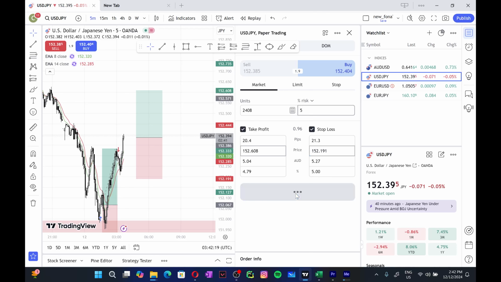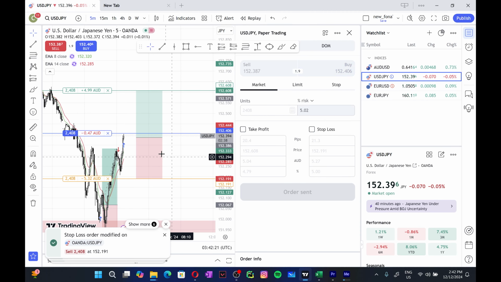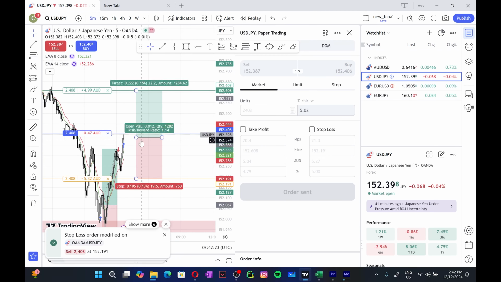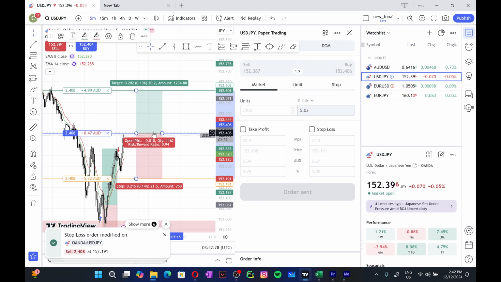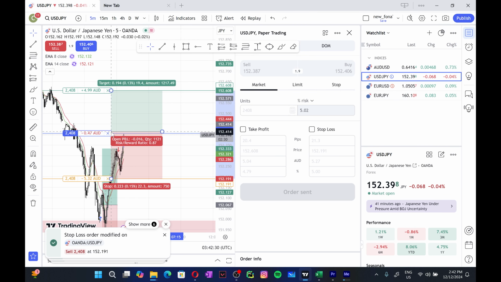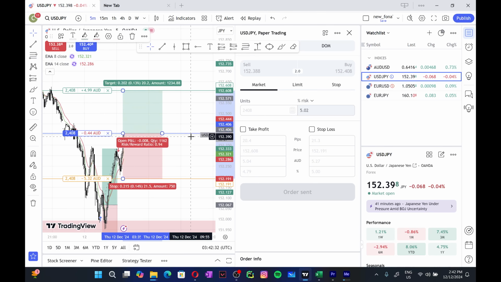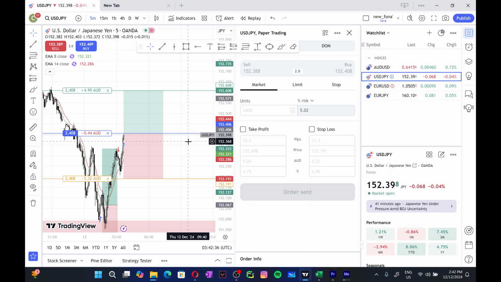And let's buy. Perfect. So we did our trade. I want the trade to be profitable. Obviously, anyone will want the trades to be profitable. But let's see what's going to happen. So this is where we've taken the trade, and yeah, let's wait and watch what's going to happen.